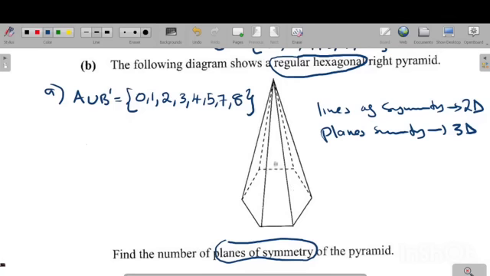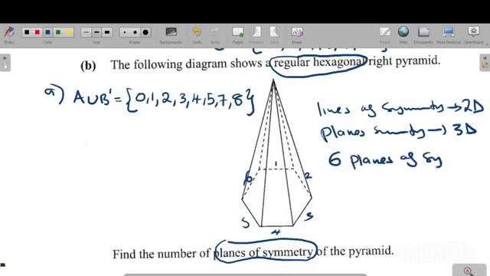So it has 1, 2, 3, 4, 5, and 6. It has 6 sides. So meaning the number of planes of symmetry is 6. So this object has 6 planes